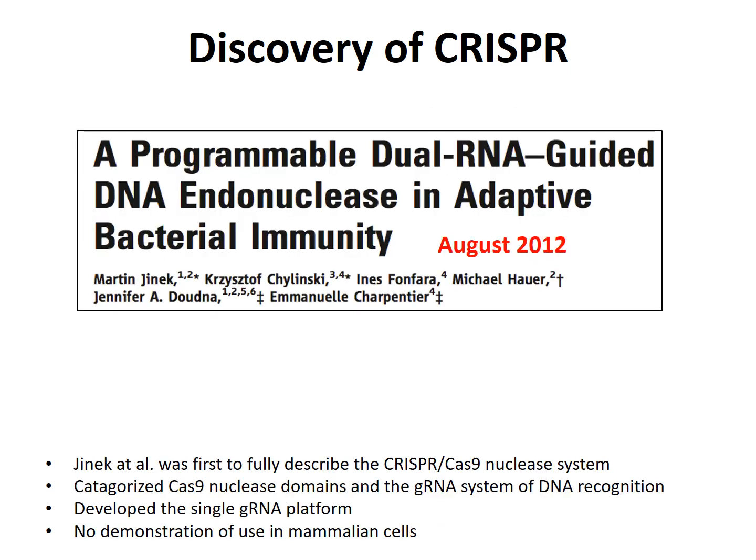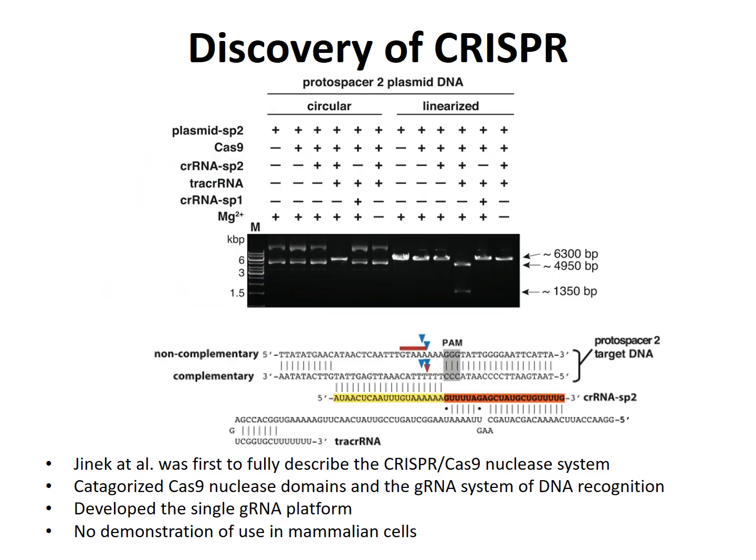Now, fast forward ahead decades to August 2012, and the actual discovery and idea of CRISPR-Cas9 being an adaptive immune system in bacteria was discovered by Jennifer Doudna and Emmanuel Charpentier. And so this was published in Science, and it basically just identified that it was a dual RNA-guided DNA endonuclease for adaptive bacterial immunity. And so essentially, this paper laid out lots of the foundational groundwork of what we know